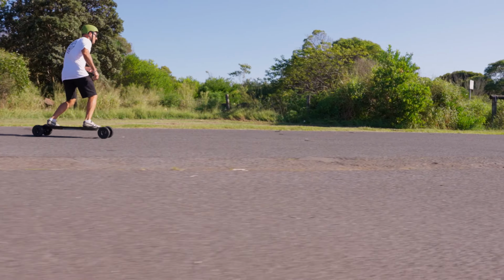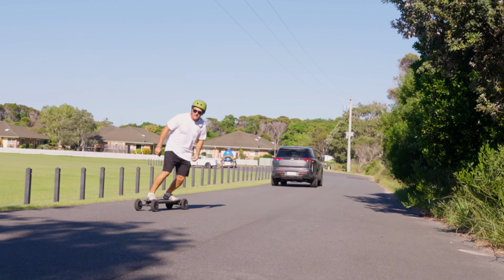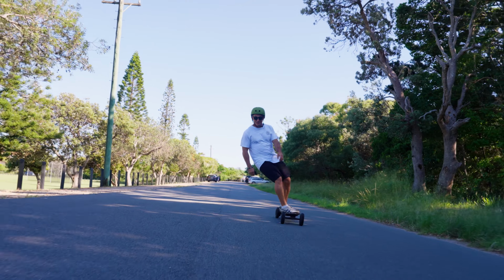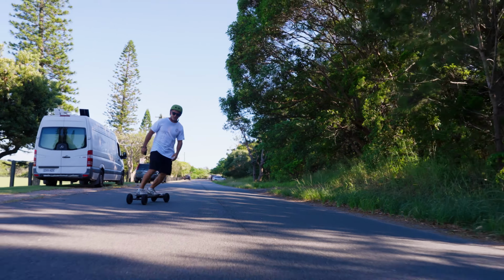Where do I like to stand on the board? Depending on how I'm feeling when I'm riding. Sometimes as you ride for a long time, your feet and toes can start getting sore. Sometimes I like to get my front foot and my back foot closer together, more in the center of the board. This type of riding though, I like to be a bit cruisier, not going too fast. It's not about that. It's just about the flow and getting the gravity in your body